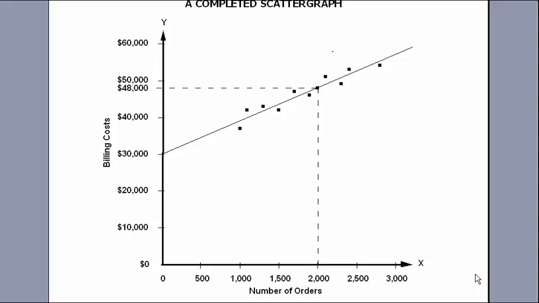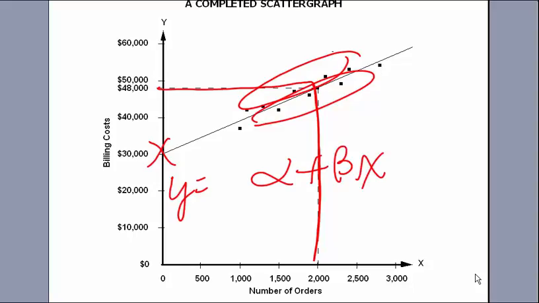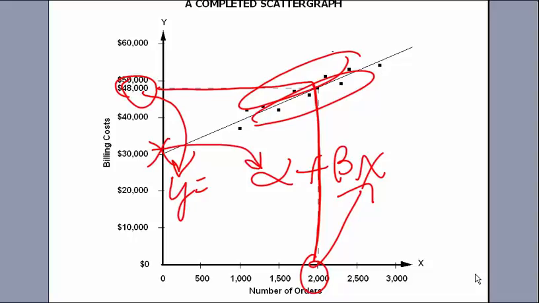If you plot that point and just use a ruler and try and get equal number of points above and below the line, then you're going to create your alpha. And if you use one of these points that you know the x value, so y equals alpha plus beta x, you know this x value, you know the y value, and since you know the alpha value, then the only value left to solve for